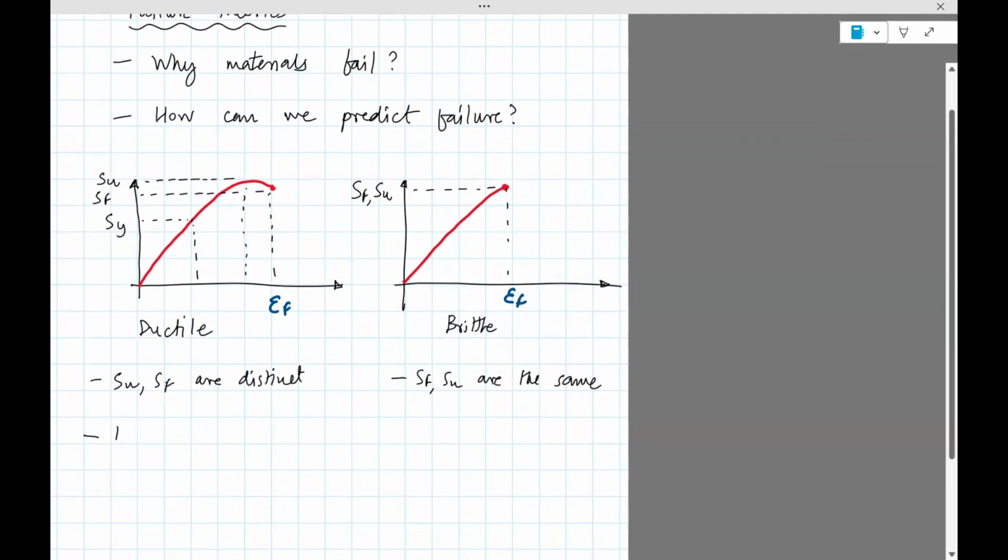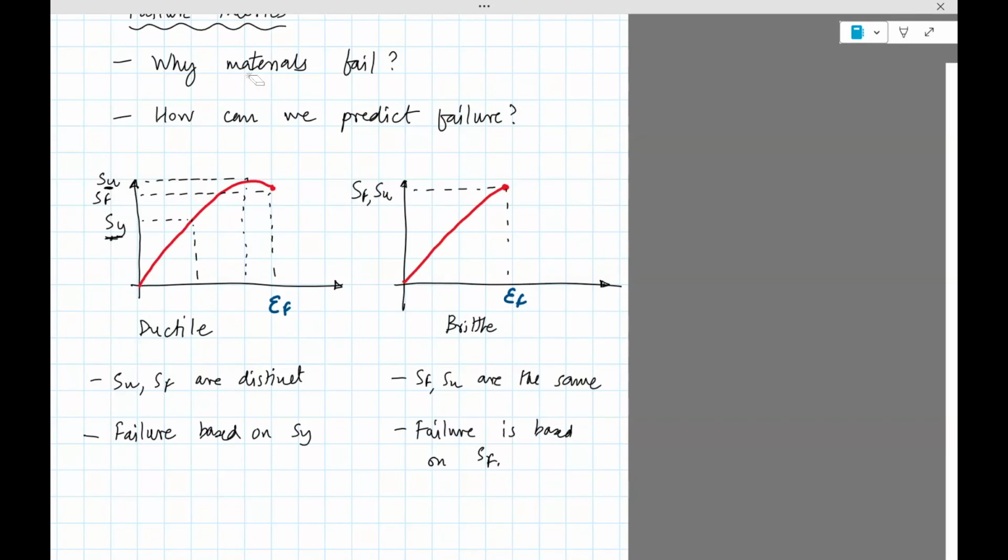So clearly, when you want to talk about failure, you typically do this based on SY. Okay, SY is the point where things go nonlinear. It's a very safe way of doing it. You never really try to go to the maximum strength. So that extra buffer from SY to SU can be used as a safety measure. So you never really design based on SU, just design based on SY. And here we are stuck with designing based on